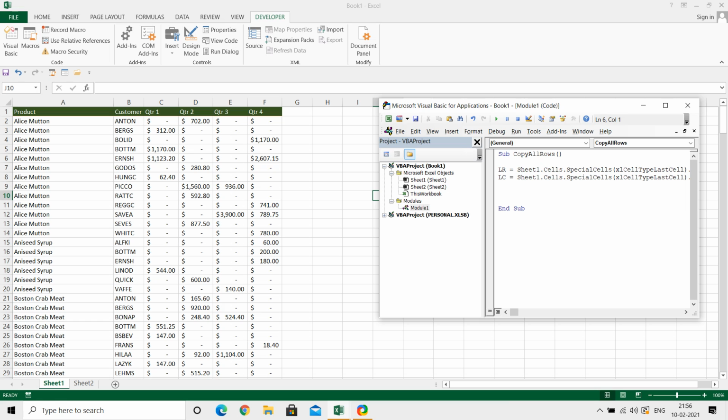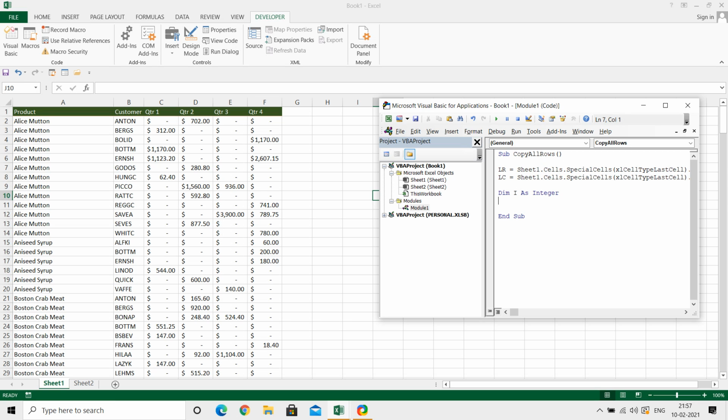Now we have to create a variable. For creating a variable we will use Dim, that is dimension. Dim I as Integer.